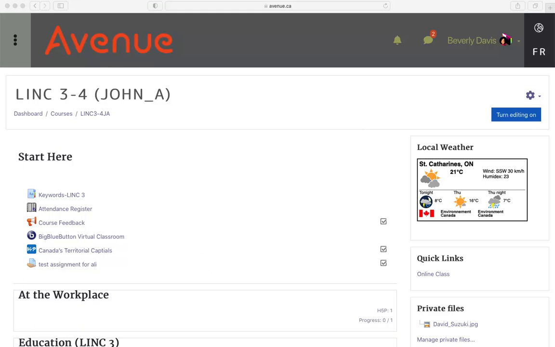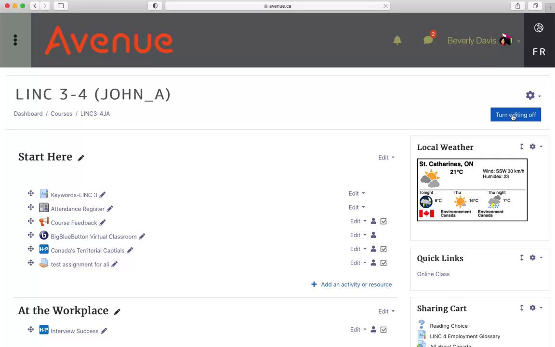In this example, it would make it clearer for students if I could use this little Big Blue Button icon and place it here in the Quick Links online class block. First, I'll use my screen capturing tool and grab the Big Blue Button icon by dragging a rectangle around the shape. This image will now be saved to my computer. Next, I'll make sure that the Turn Editing On button is clicked. Next, I'll click on the Actions menu in the Quick Links block.